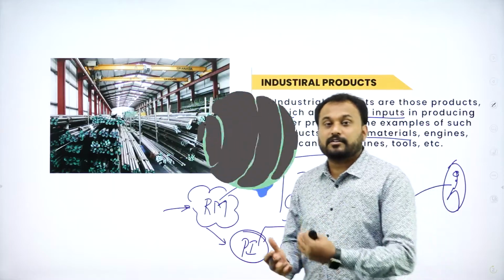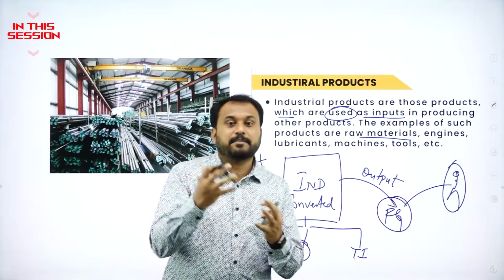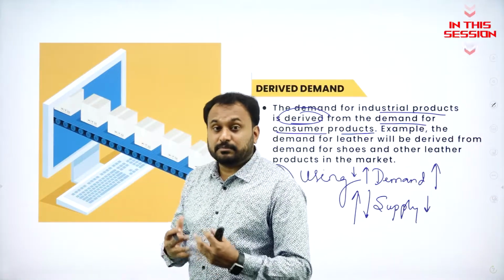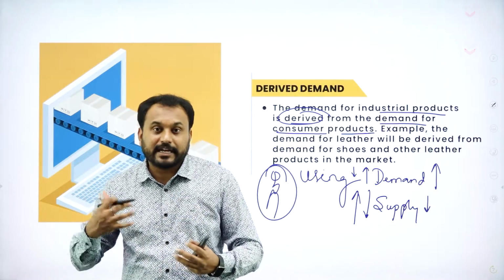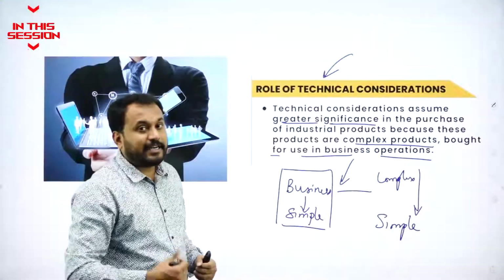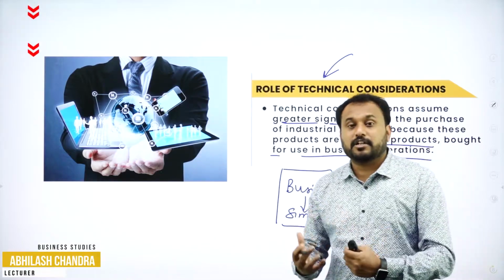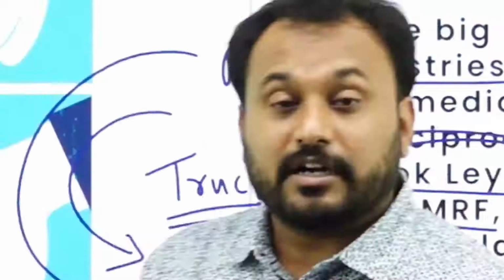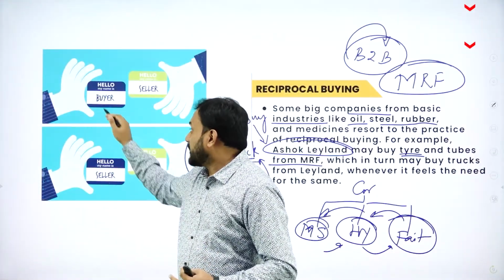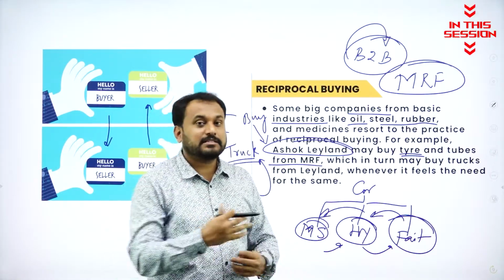Now the industry product to manufacture sugar is called sugar cane. Now sugar cane is an industry product. When demand is more and supply is less, what does the seller need to do? He needs to export his product. The industrial product, that too what? Consideration with technology. So technical consideration will always happen in the industry. Now sometimes the buyer will become the seller and the seller will become the buyer. That is what we call reciprocal buying.